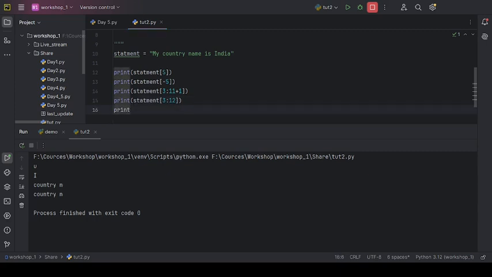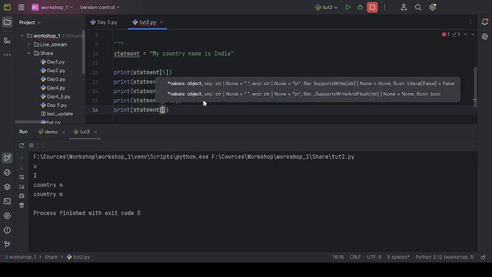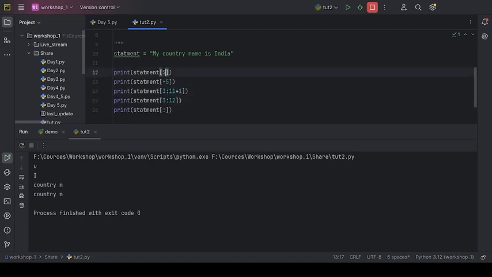Let's say what if we want to print from start to end. Okay, this time we will be using an analogy that is something like this: variable, start, or you can say from, up to plus 1.